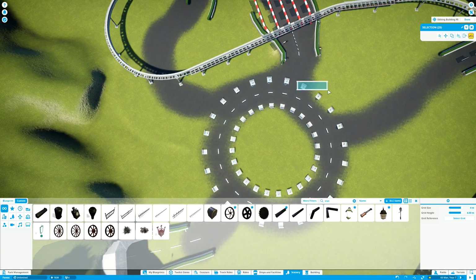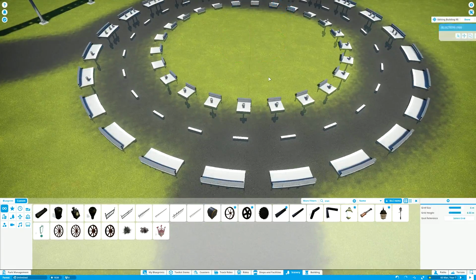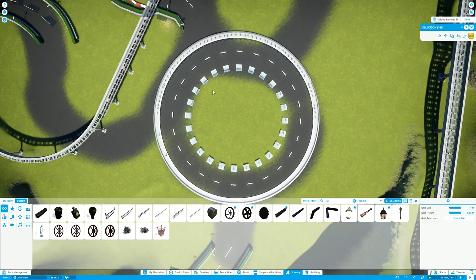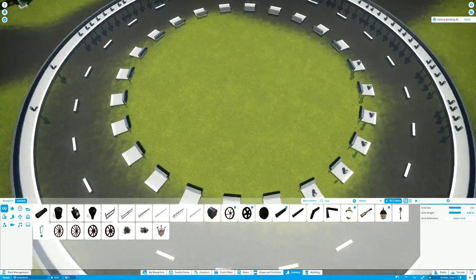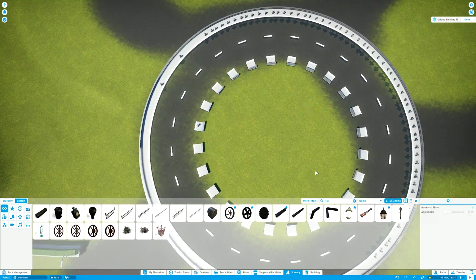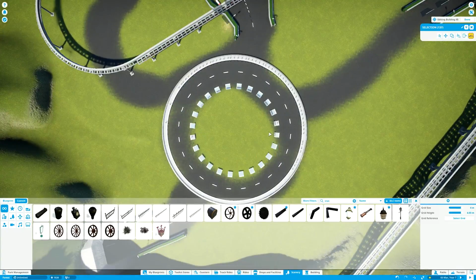But no, I've got nothing to really say about this roundabout. I think it's pretty realistic. I looked at a few Google Maps, as in the satellite view of roundabouts that I know, and I tried to emulate the look of those, and I think it turned out okay. I'm still not entirely sold on this as a concept,